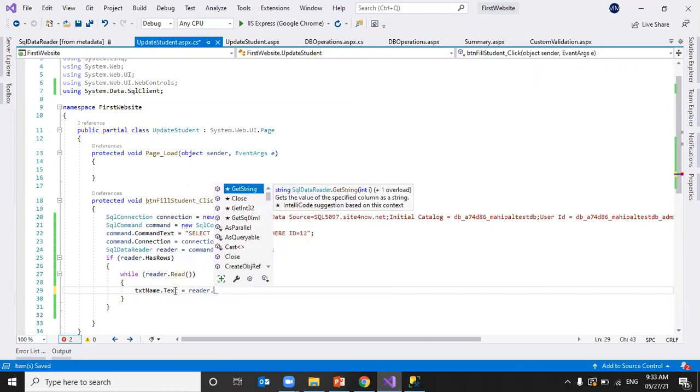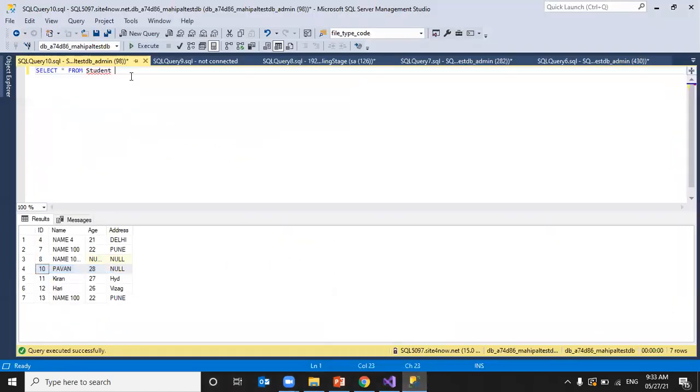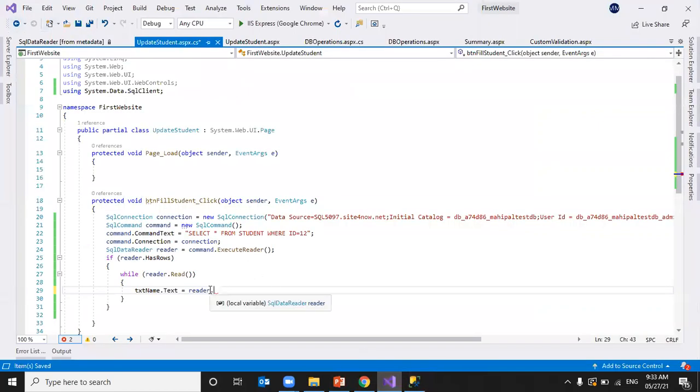Now I'll get the data into the data reader. Whenever I write a query like where ID equal to 13, I'll get only a single record, right? To get these details, we can read them one by one.